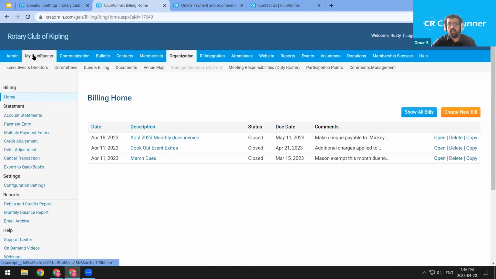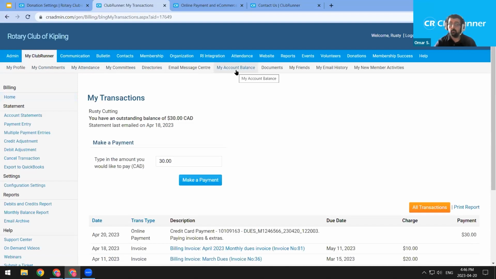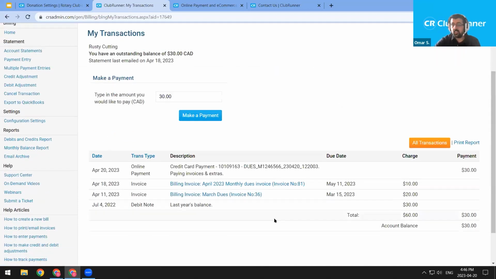Every member has access to the My ClubRunner tab in the top blue bar. They would go to the My Account Balance tab in the gray bar just below. And we do have an article for members on how they can log in and view and pay their account balance. So I'm just using member access at this point. My ClubRunner, my account balance. Here is their account statement page, which will show previous invoices that they've been sent, any debit notes or credit